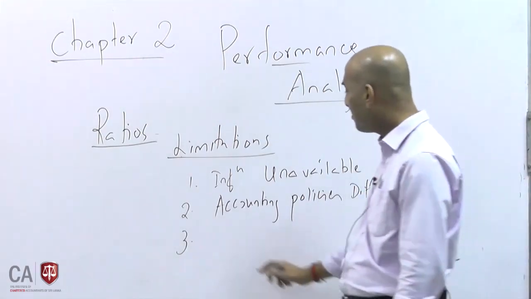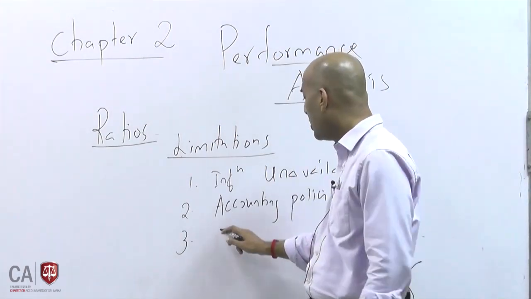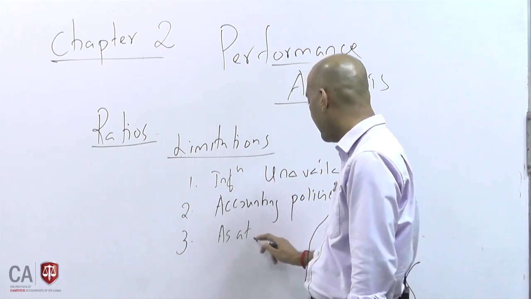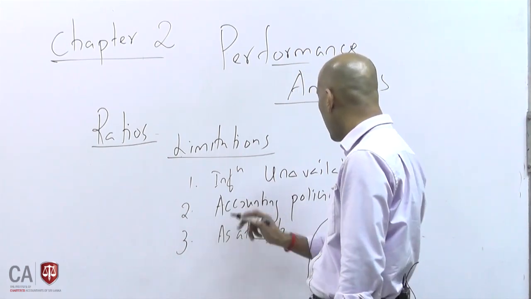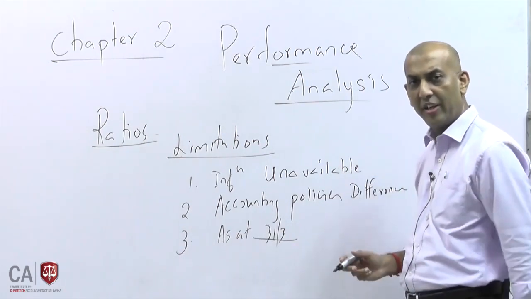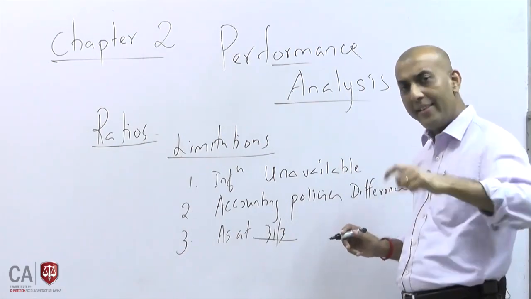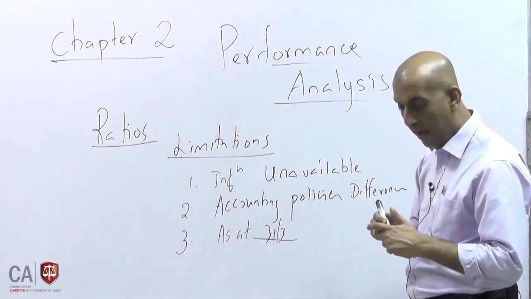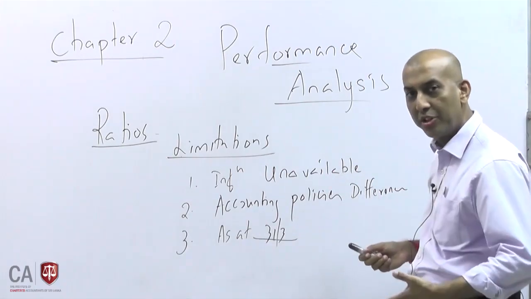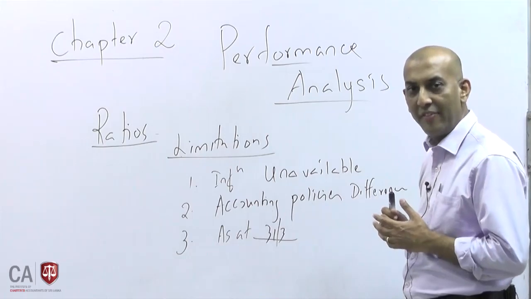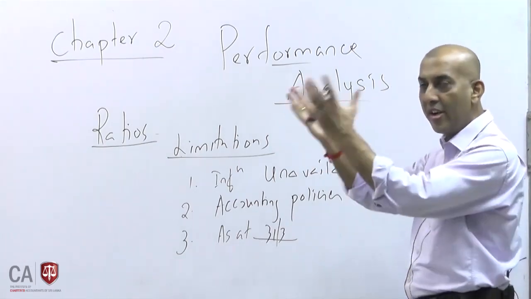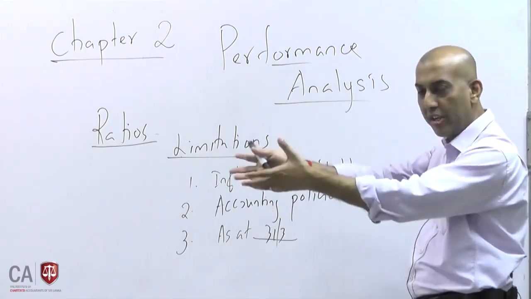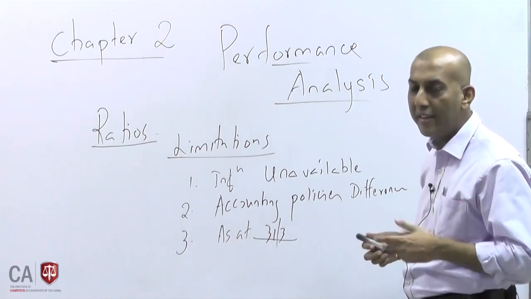Third, you may be calculating some ratios as at one point in time, as at a date. For example, on 31st March you calculate the company's financial ratios, but that day your balance might have gone up for some reason, say inventory. If you bought the goods on 30th March, then your inventory is very large. But over 365 days, you don't maintain that kind of inventory. It is only that day, because the goods came only that day, so your 31st March inventory is very high, but other days you don't have that kind of inventory.